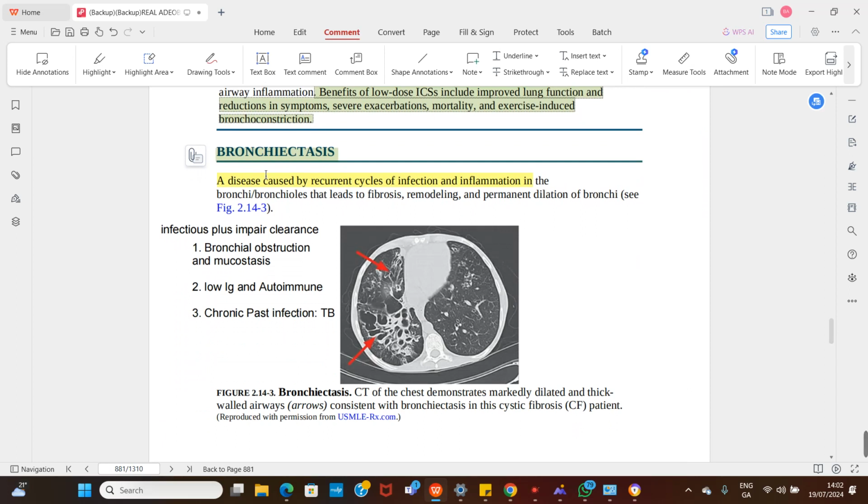So, bronchiectasis, this is just a disease that's associated with recurrent cycles of infection and inflammation of the bronchi and the bronchioles. So, anything that causes recurrent infection and inflammation will cause bronchiectasis. It's as simple as that. And what is going to happen? There's going to be a constant cycle of